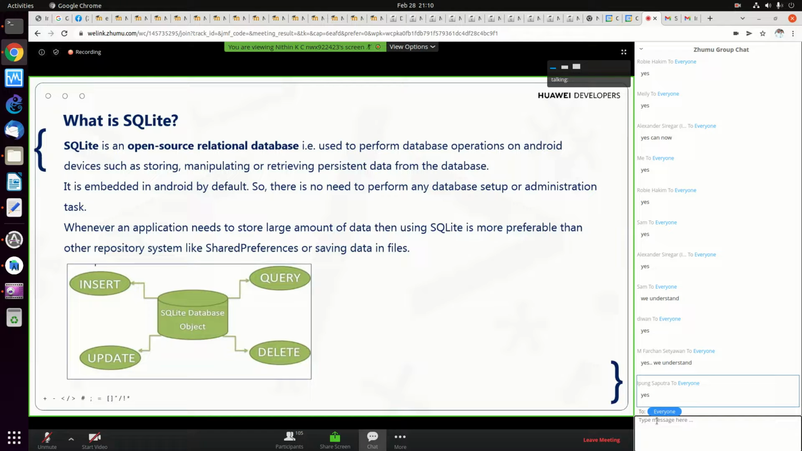Everything here is related to that only. Why we use a database means we have to store our information. We have to store, manipulate and retrieve the information with the help of the database. So that's why we are using the database here. SQLite is embedded with Android, so no need for any extra settings. You can directly use this database in your application. You just have to call the particular